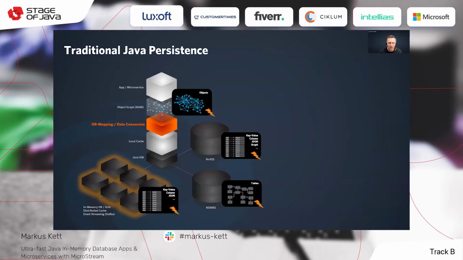But all of these distributed systems are also incompatible, or their formats are also incompatible with Java objects. So we have the same problems here as well, which means no matter which storage solution you use, all these storage solutions are incompatible with native Java object graphs.